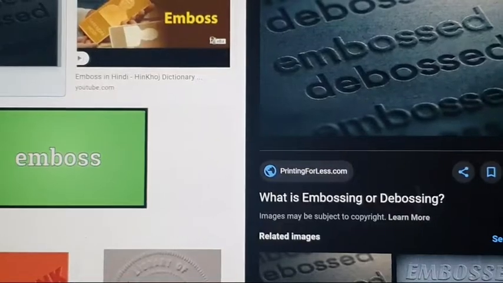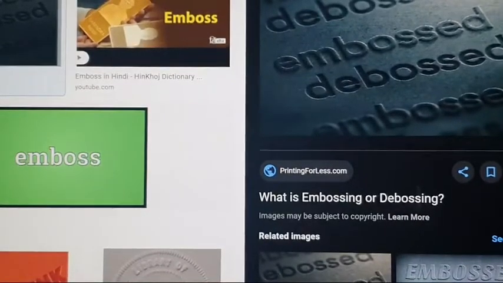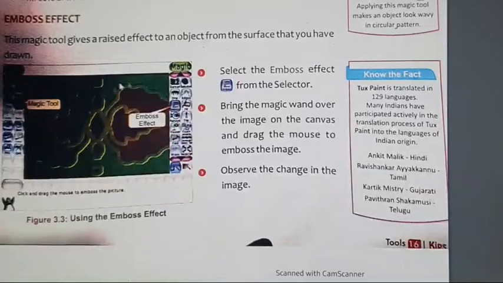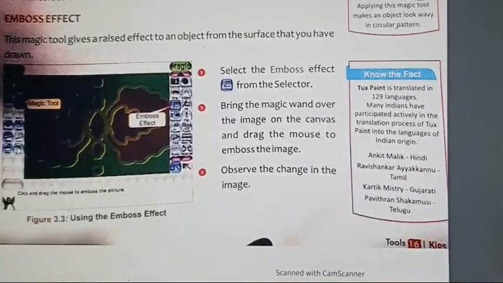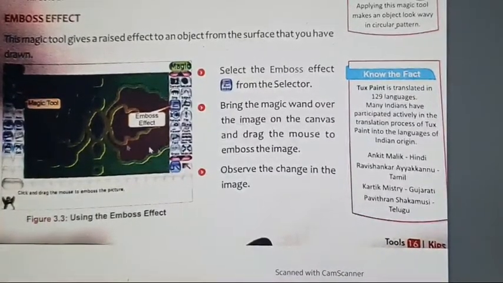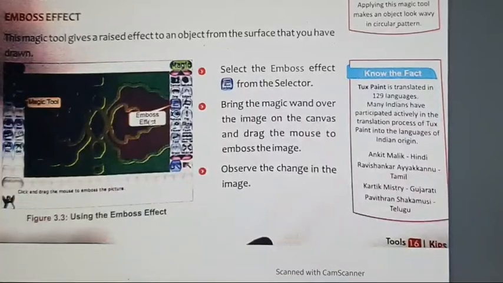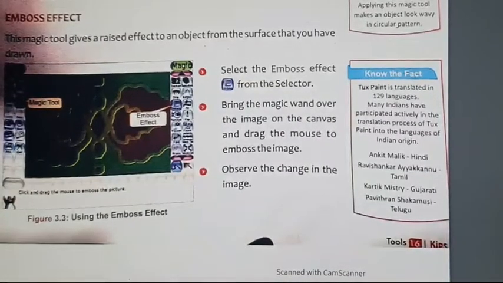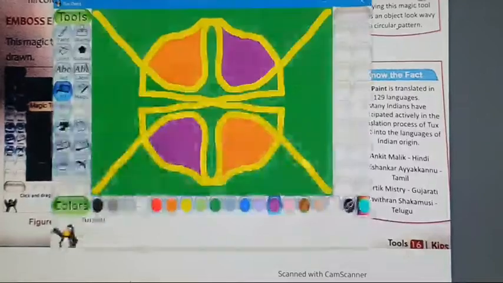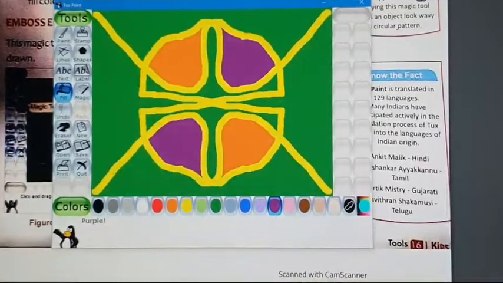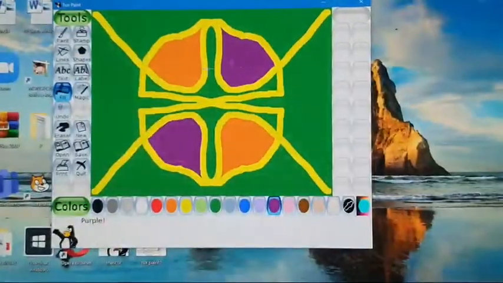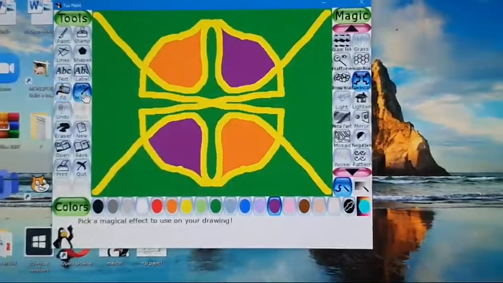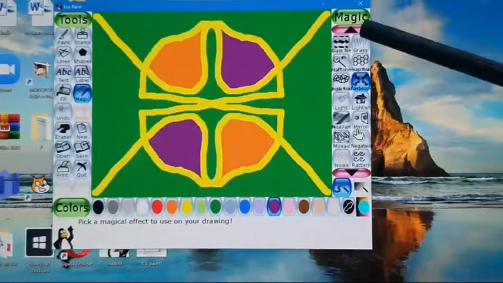Now we will see how this emboss effect will work. Okay, this is also a subtool in magic tool. Just go to magic tool and select emboss effect. It will work out. See how. Go to magic tools. In magic tool I can see many subtools here.